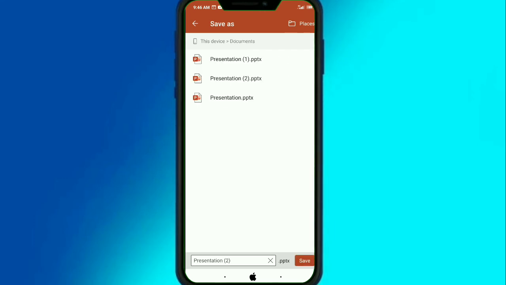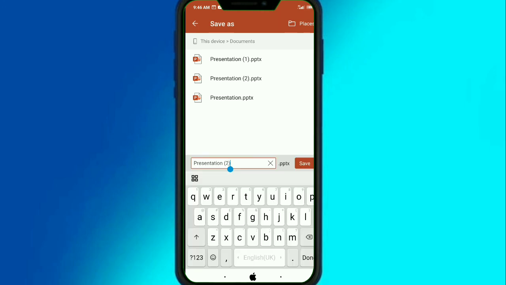I want to save in the documents, so I have typed it like this. In this way, after adding the name of the presentation, I have typed this file name, my work. So this is my presentation name.